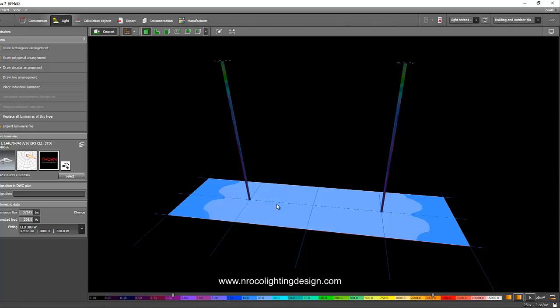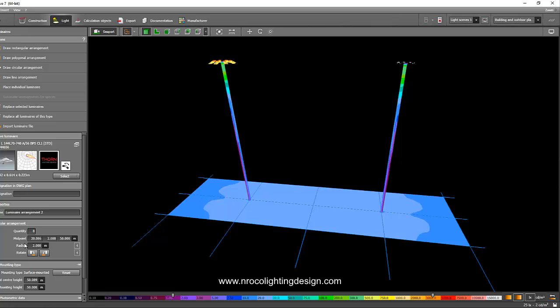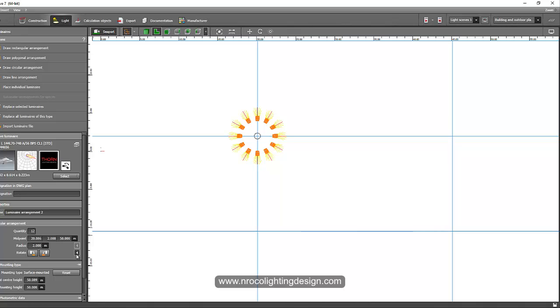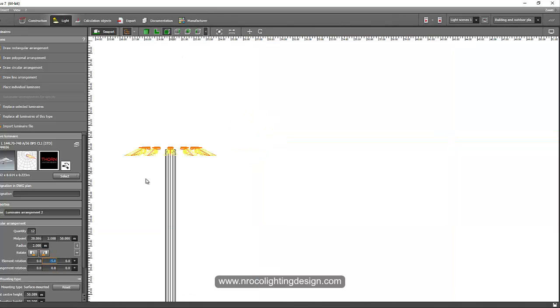So you can again add more floodlights here, like maybe say 12 pieces. Go and check here, and just remove the degree or the tilting, so it will be focusing only on the ground.